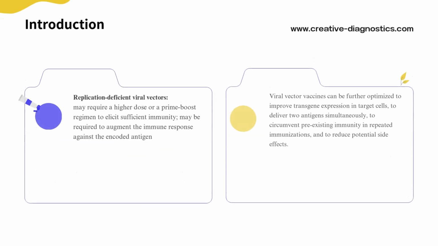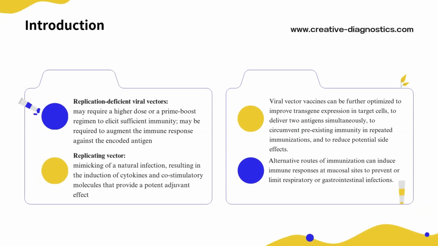Although replication-deficient viral vectors are generally safer than replication-competent ones, they may require higher doses or prime boost regimens to elicit sufficient immunity, and depending on specific applications, replication-competent vectors might still remain the preferred choice. A key advantage of replication-competent vectors lies in their ability to mimic natural infection, triggering cytokine induction and co-stimulatory molecule activation that provides effective adjuvant effects. When replication-deficient viral vectors fail to stimulate optimal immune responses, the incorporation of adjuvants may become necessary to enhance immunity